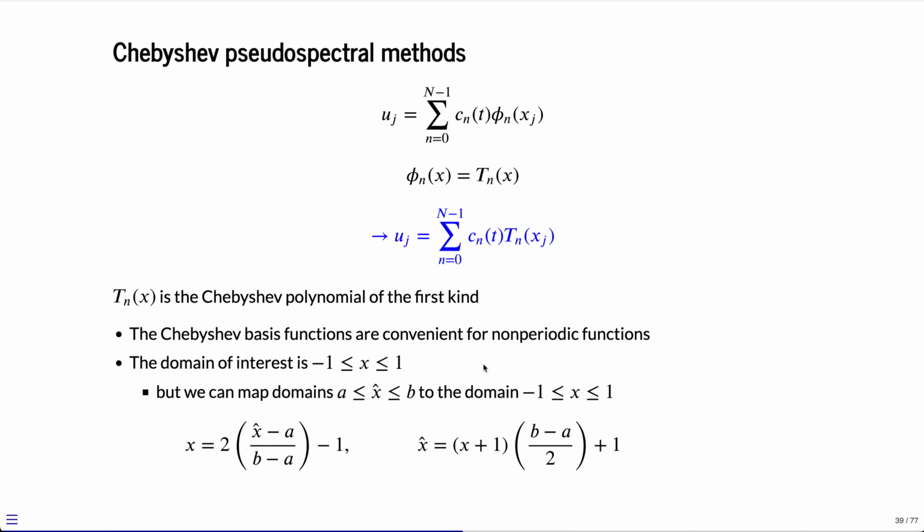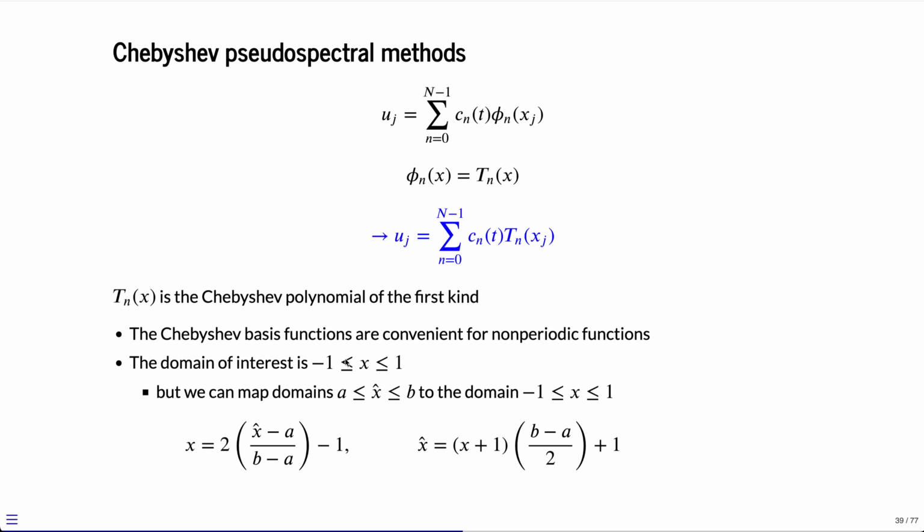This is the fifth part in our Introduction to Pseudospectral Methods. In previous parts, we described and discussed Fourier pseudospectral methods. And here we again have a linear combination of basis functions, but we're going to use Chebyshev polynomials of the first kind as our basis functions. So these are convenient when we have non-periodic domains, and the domain of interest will vary from -1 to 1,